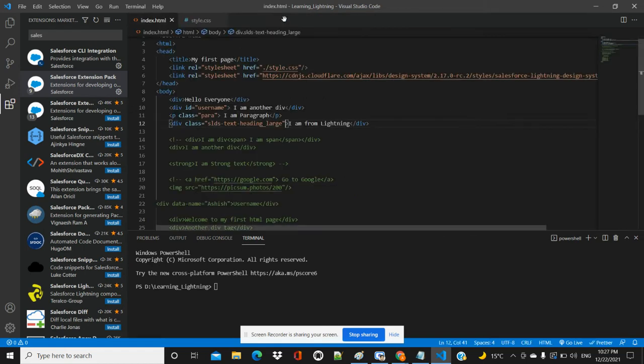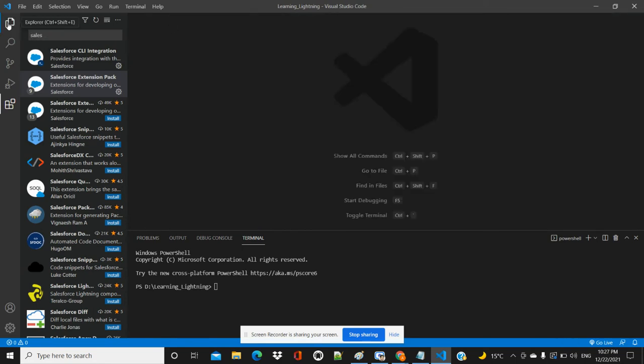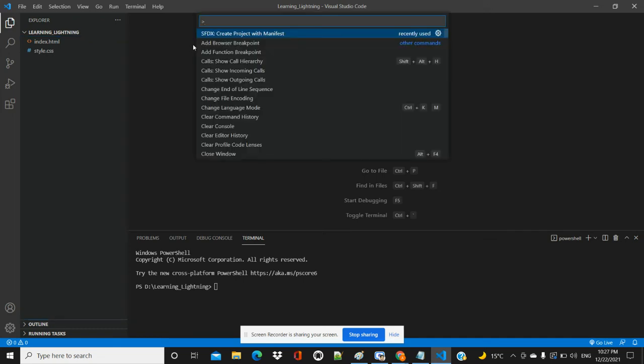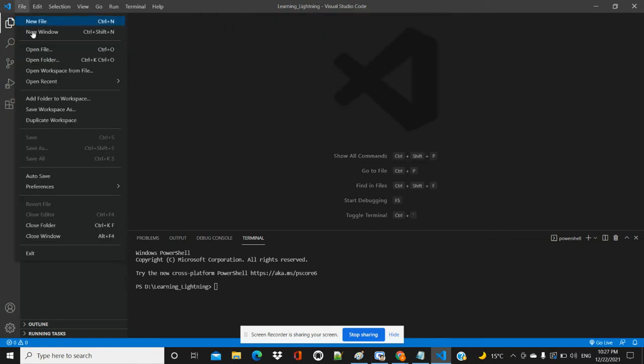First we are closing all the tabs, then after that I am explaining. I am coming to the Explorer, and you need to type Control Shift P here. Because we are using Learning Lightning, here we have created some HTML files.